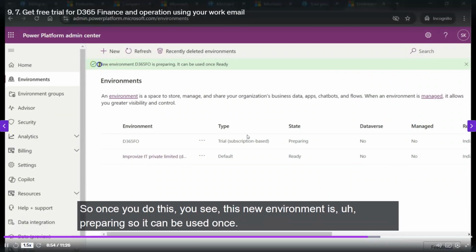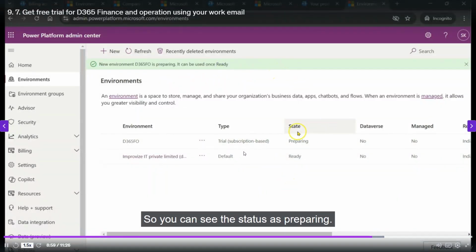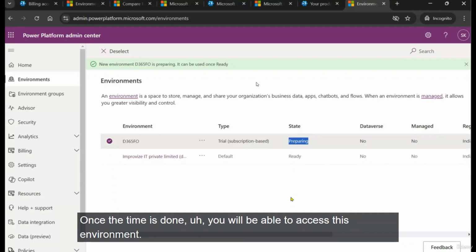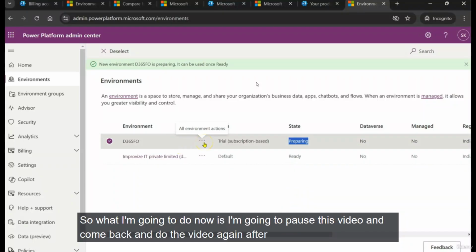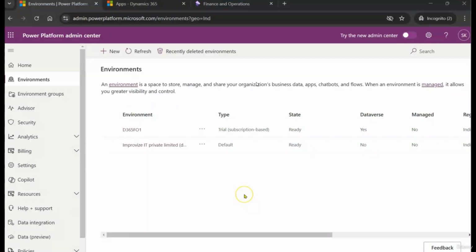Once you do this, you see this new environment is preparing. It can be used once ready. So you can see the status as preparing. Give it a few hours. It will take about 1.5 hours to 2 hours. Once the time is done, you will be able to access this environment. So what I'm going to do now is pause this video and come back and do the video again after this state is ready. All right,